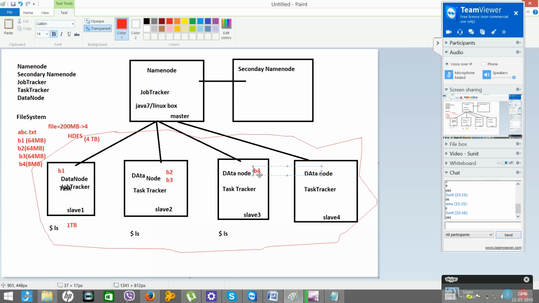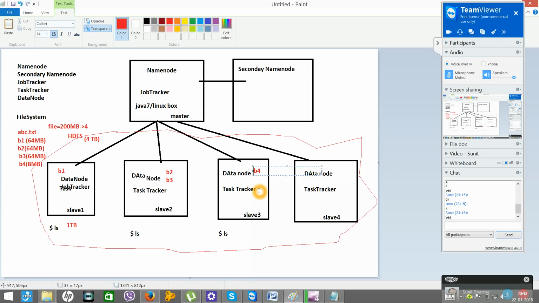Because this is also a part of the output. I want to find out total employees whose age is greater than 30, and maybe in this file there are many employees whose age is greater than 30, and if this goes down, we'll not be able to calculate the data from here.